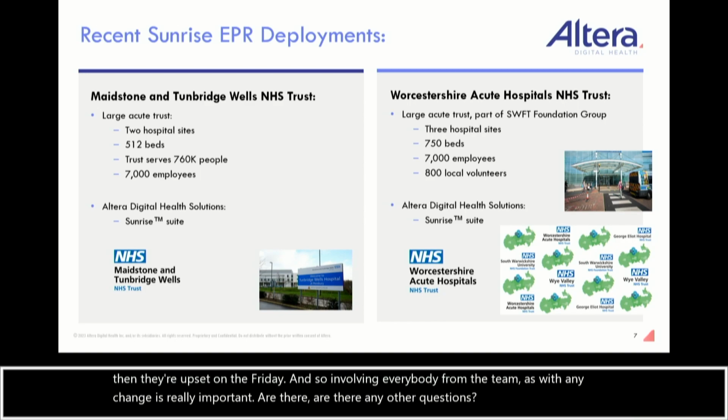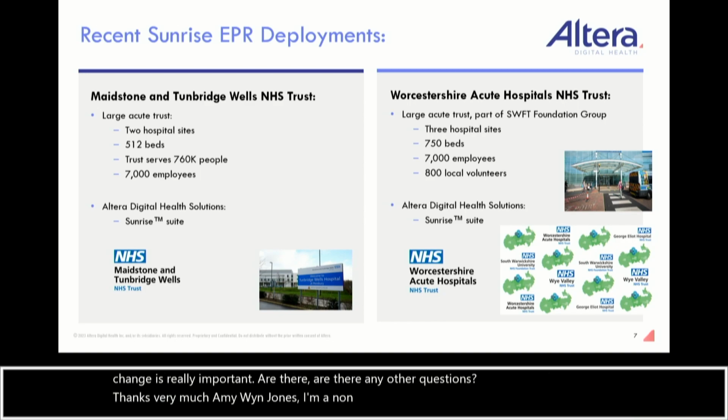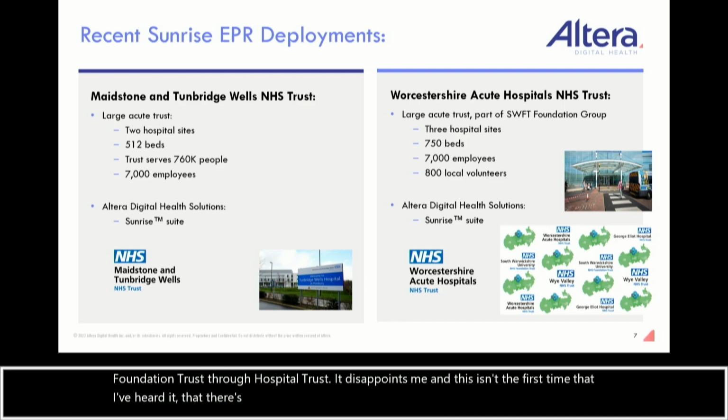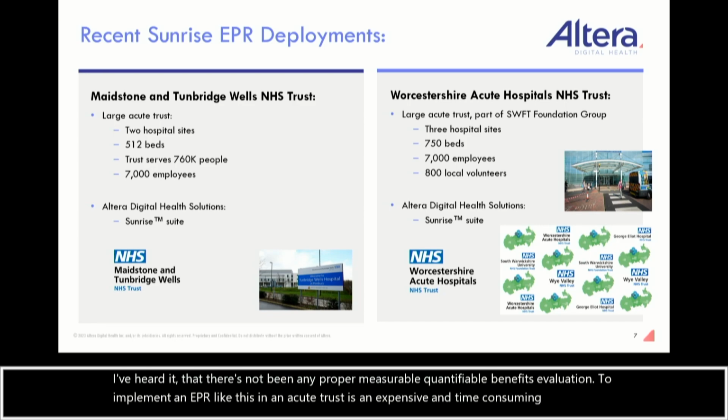Thanks very much. Emmy Wynne-Jones, I'm a non-executive director at Doncaster Ambassador Foundation Trust, Acute Hospital Trust. It disappoints me, and this isn't the first time that I've heard it, that there's not been any proper, measurable, quantifiable benefits evaluation. To implement an EPR like this in an acute trust is an expensive and time-consuming and people-consuming